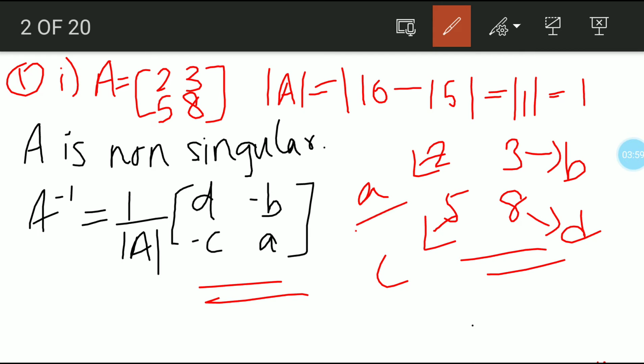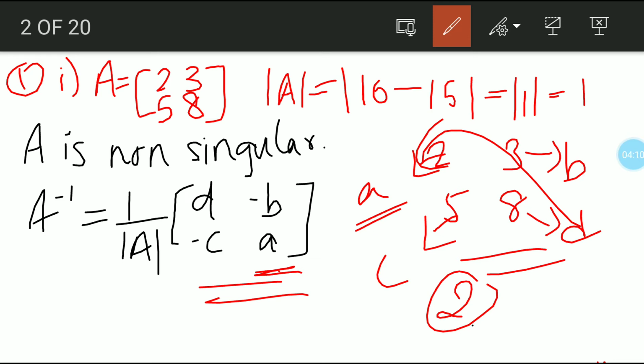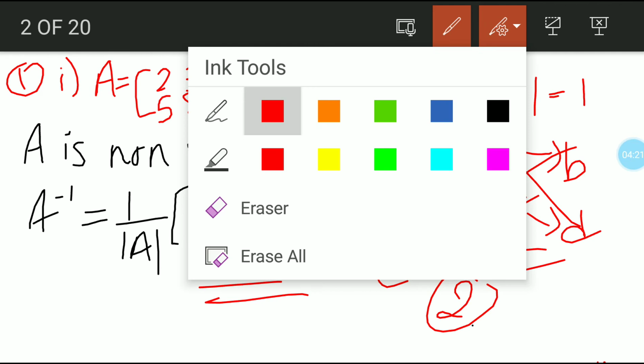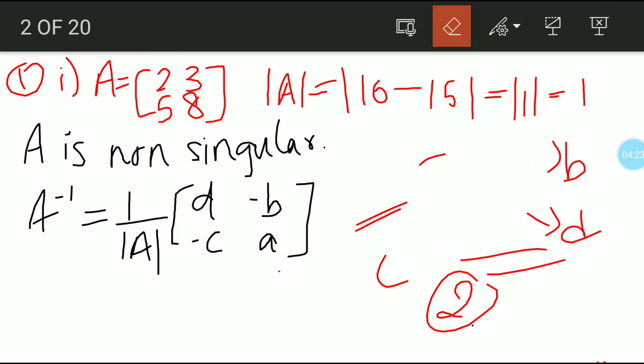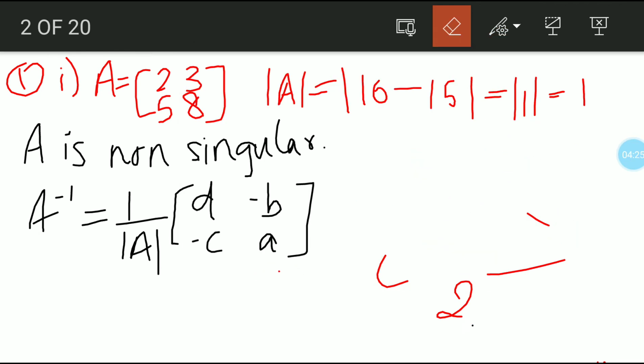So now A is there, so it will go down here. Now B is going to be minus B, and it's going to be in the same place only, the second place. But these two will exchange their places, 8 and 2, the D and A, and the other two will become negative. Okay, so that's it, simple part only. Hope you all understood this. It's easy only. So now let's get back to this question.